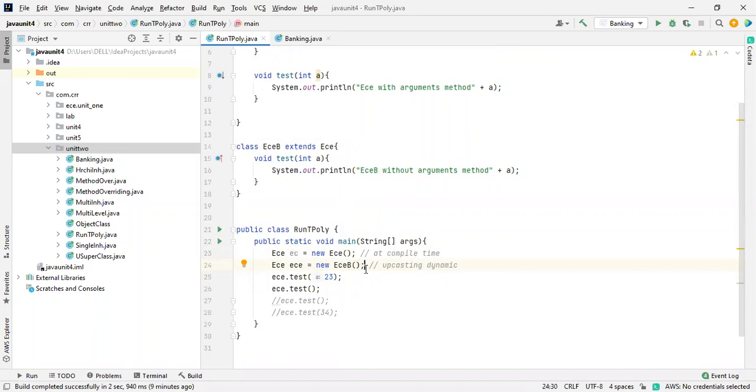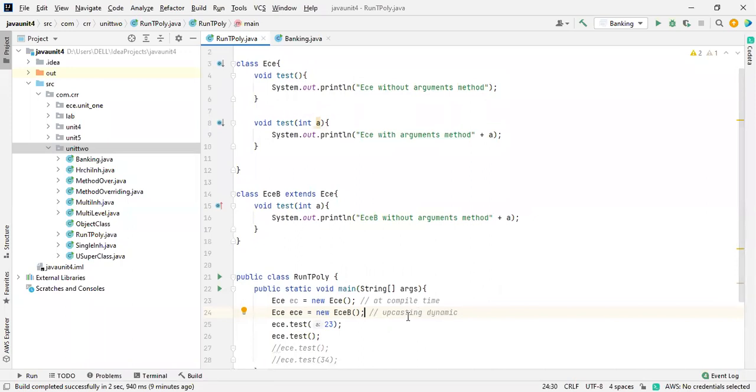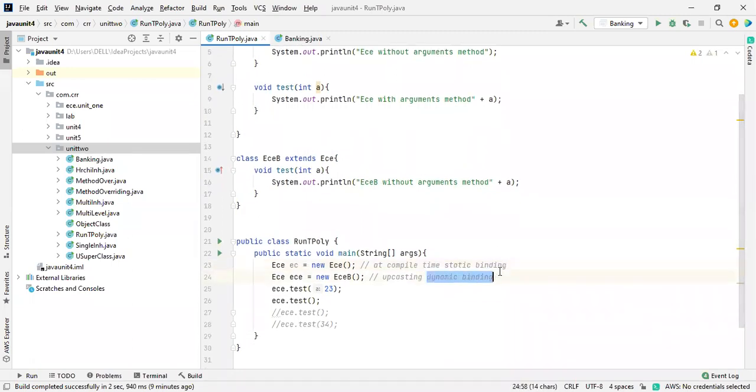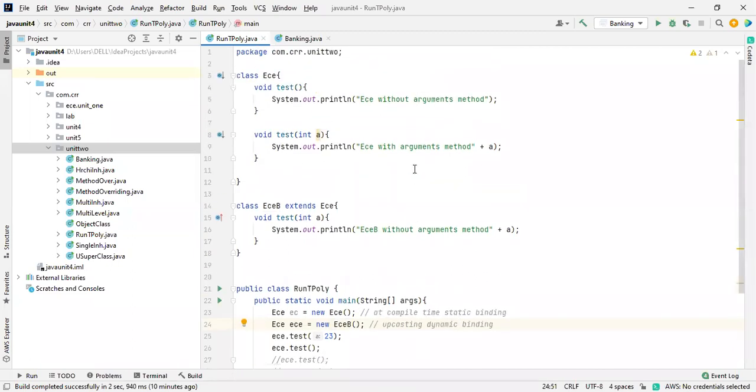They need to mention it like that, but they mentioned it separately. So this example is enough for the upcasting concept. This is like dynamic binding, and this is like compile time, right? This is static binding. Static binding is not available inside your syllabus, but it is okay, just learn this one. If you upcast this with the child class, we call it dynamic binding. If you don't upcast it, then it is the parent class directly.